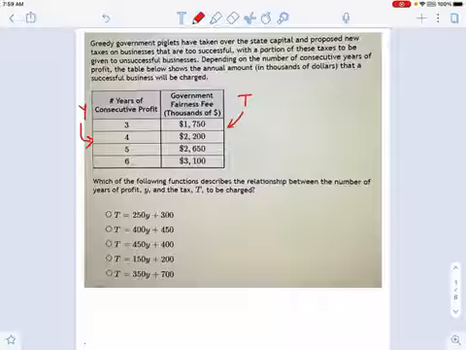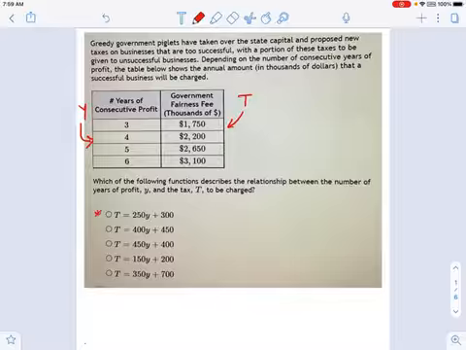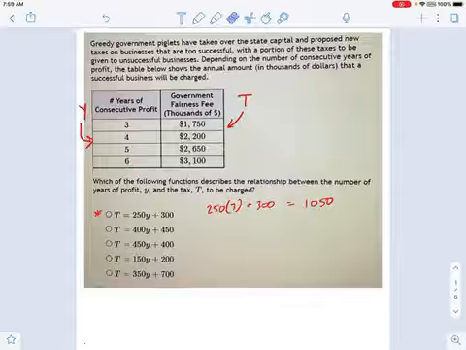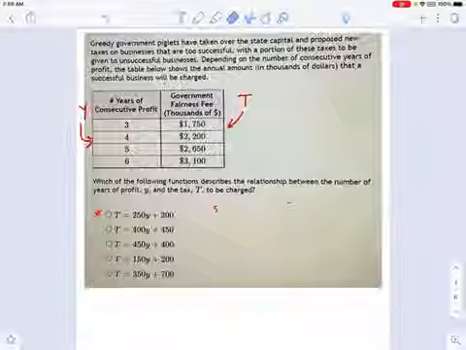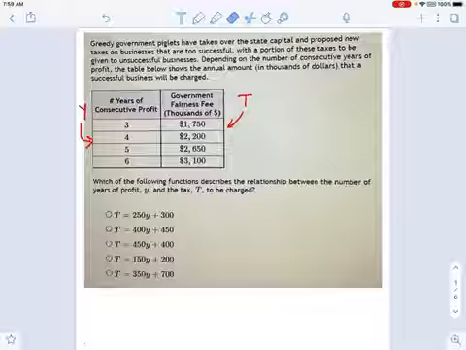So what you can do here, you could just guess and check. You could take a formula, right? Pick this first formula and plug in the years and see if you get the correct tax. So, for example, if I use the top formula and I plug in 3, I get 250 times 3 plus 300. Okay, so that's going to equal, if you do the math, 1,050. Okay, so clearly that first formula is not working. So we would have to move on to another one. Now, that's one way of doing it. I wouldn't do it that way, but it will get you eventually to the answer.